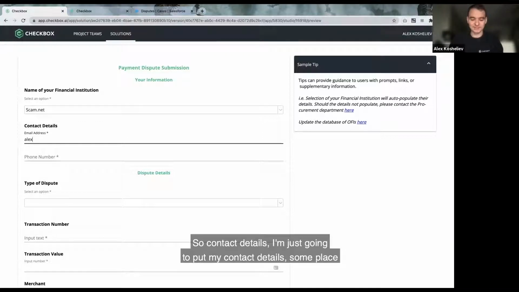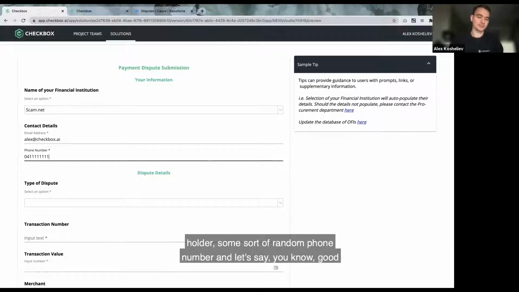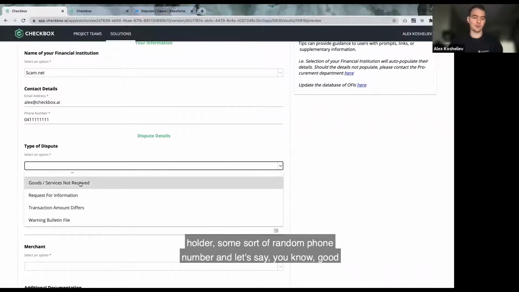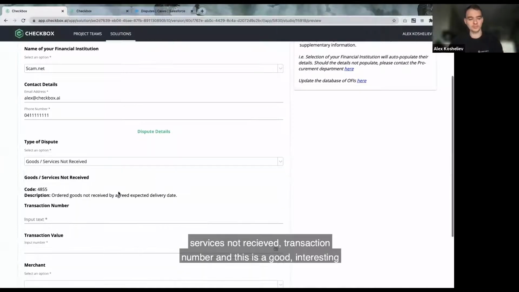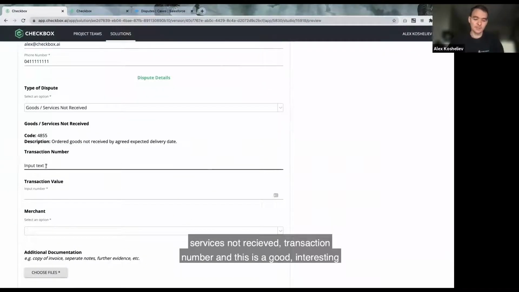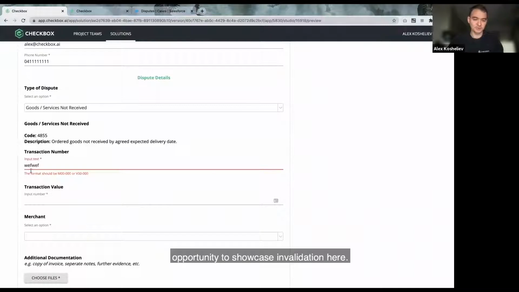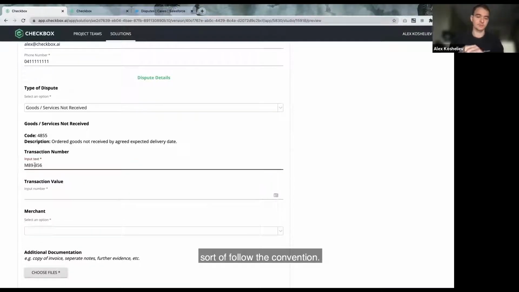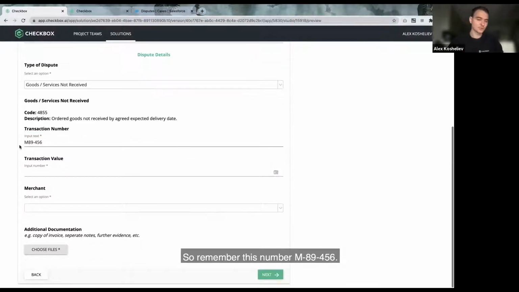So contact details, I'm just going to put some placeholders, some random phone number. And let's say goods service not received. Transaction number, and this is an interesting opportunity to showcase some validation here in build checkbox validation. So let's say it's a MasterCard transaction, and we'll just follow the convention. So remember this number,